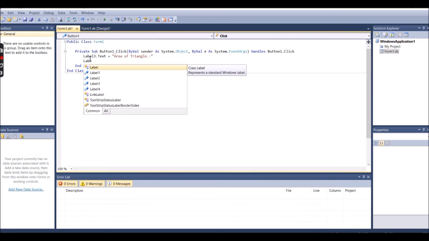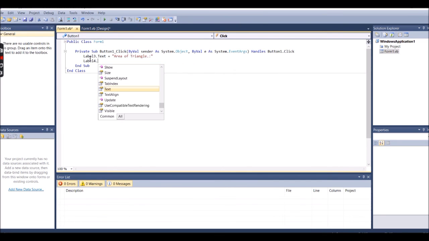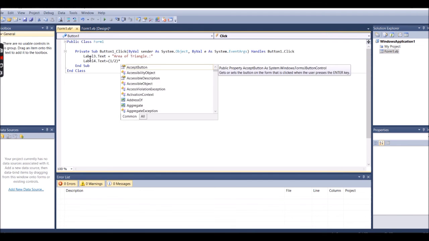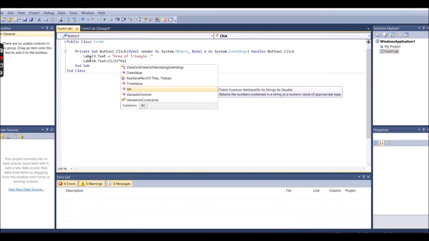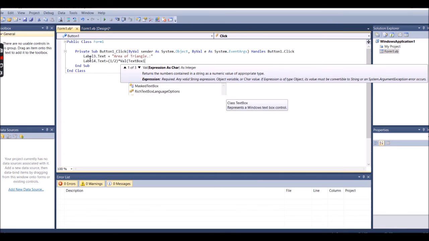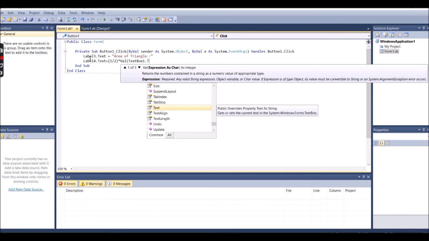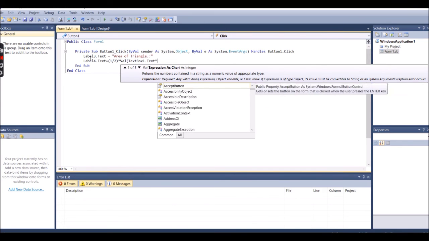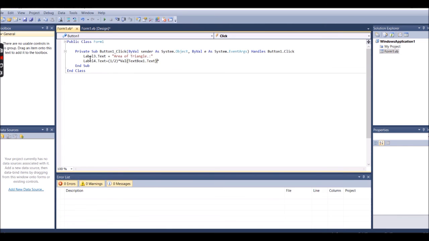Label4.Text, text is equal to, what you need to write, 1 by 2, that is half. After the bracket close, multiply, you need to give the value. For this purpose I need to enter the value after the TextBox1.Text, multiply symbol you have to give, sorry to say, you have to close the bracket.